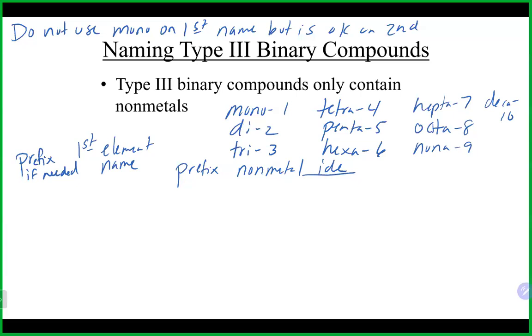The other thing that commonly happens, as we will see, is the last letter of the prefix and the first letter of the element will sometimes back up two vowels to each other. So you might end up with an O, or you may end up with an A and an O. And typically speaking, when that occurs, we get rid of the vowel off of the prefix, the first part there. So we drop the vowel from the prefix. So for example, we'll look at